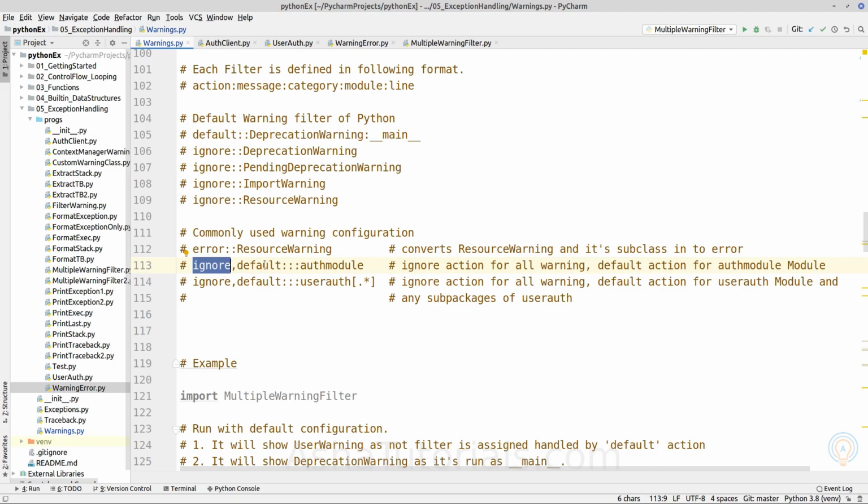And it will take the default action, which means printing the first occurrence for the user warning, because we are not providing any argument for the category, which is residing inside the auth module.